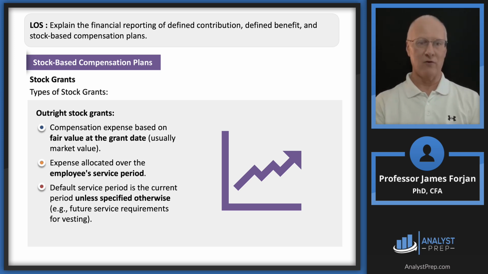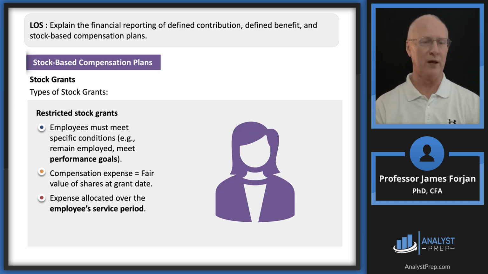Now, this outright stock grant is also a general way to do this. So what we need to do is be more specific, because if you hand me that share of stock, you don't really want me to sell it right away. I can, but sometimes I can't. So let's talk about sometimes when I can't.